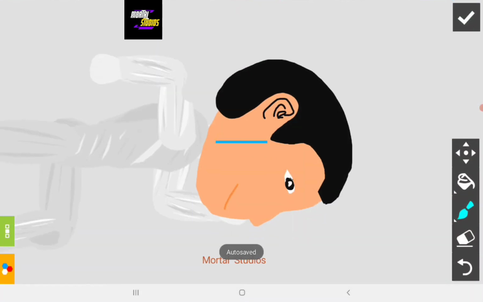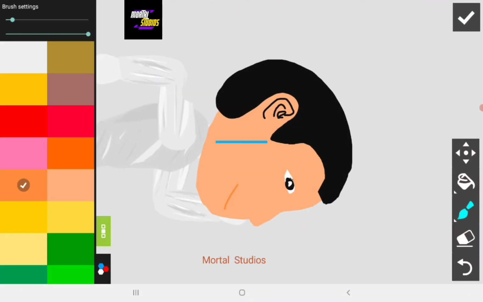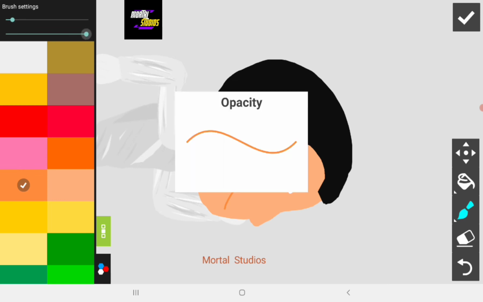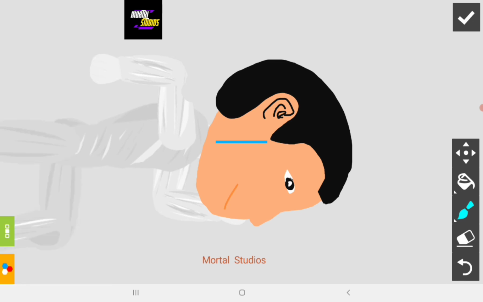Edit it. Now here we got to shade it. So click here and set the opacity super low and the width a little high. Now we got a shade. If you see a human being, there is some shading down their eyes. We are going to do it using the brush tool.